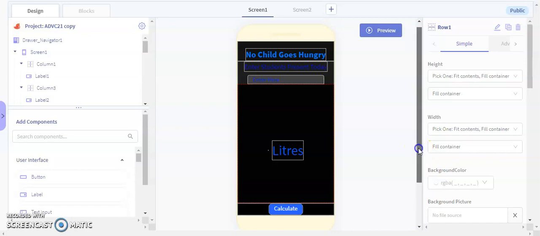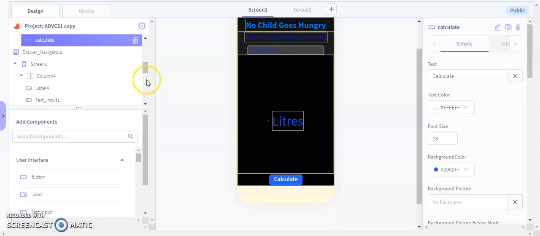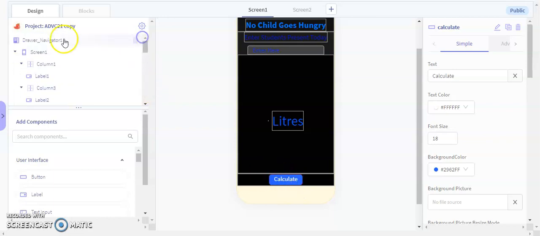So in code.org, if we changed the theme or something like that, empty labels would just show blocks for it, saying that now this is calculation. But in Thunkable, they show a little dot. Then over here in the last column we have calculate. This is a button. So this was the design.